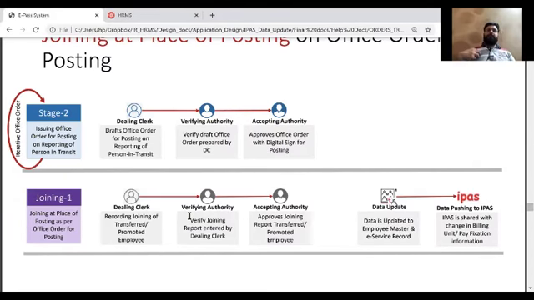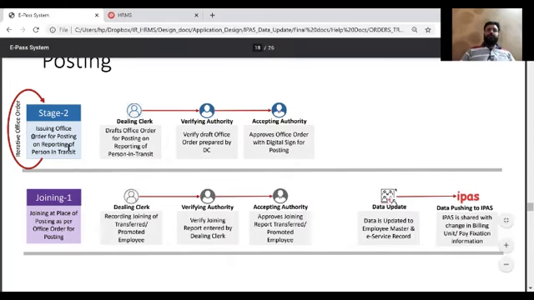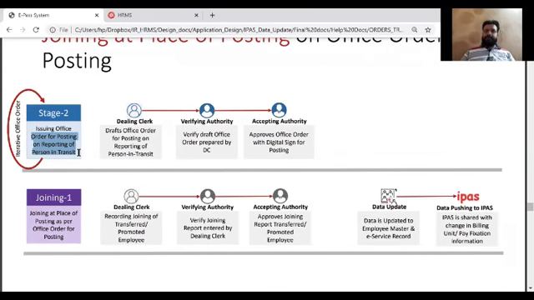So if I am transferred from Jodhpur workshop to Secunderabad division, when I report to Secunderabad division, the stage 2 office order for the posting will be issued. In that office order, my posting detail will be captured and the process will be exactly the same. But if it is a within unit transfer or promotion case, then a stage 2 office order will not be issued.